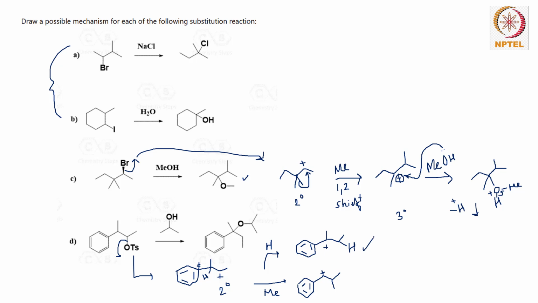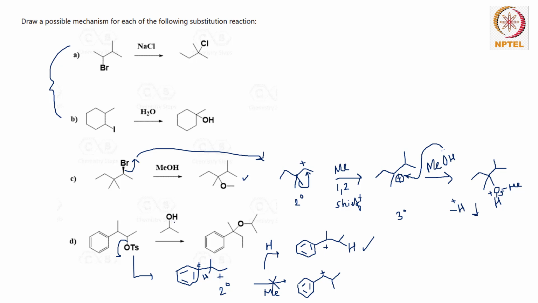So this pathway will be more stable. This shifting will not take place. So this one will be our intermediate, and similarly instead of here they have given methanol, while here they are